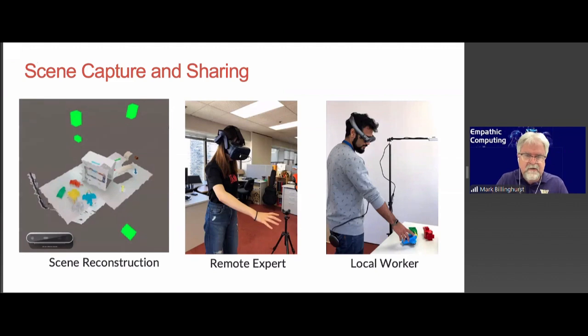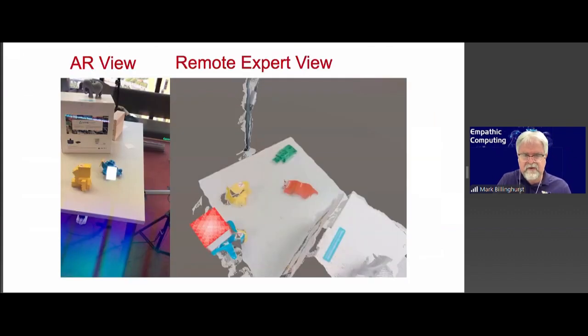So you can see here, there's two parts. One is we've surrounded the real table with these 360 cameras. We can live stream that to a remote person in VR, and the remote person sees now a live virtual model of what's happening on the table. And then we can capture the person in VR's hand gestures and send them back to the person who's viewing the models in the real world with the augmented reality display so that they can now see augmented reality hand gestures from the remote person. So here's a video of that working.